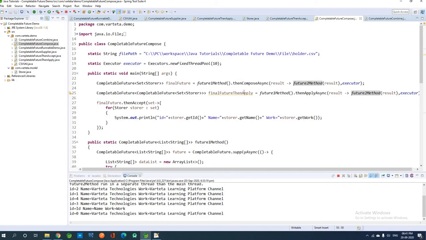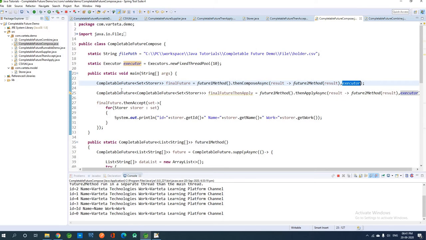First I will show the way using thenCompose. I am calling the future one method, taking the result of that method and passing it to the future 2 method using this thenComposeAsync method, and I am passing the thread pool here.